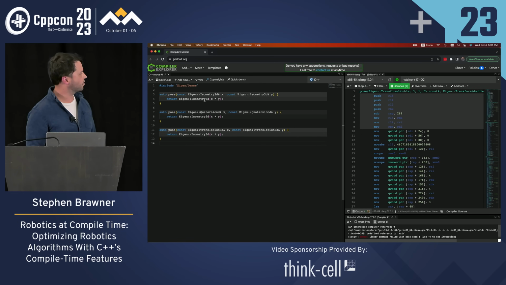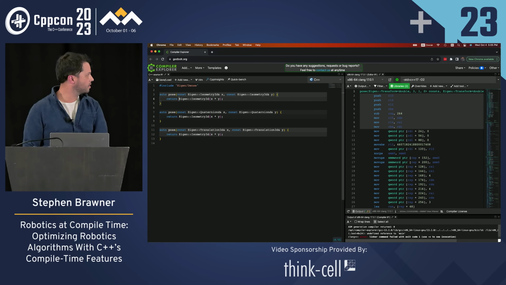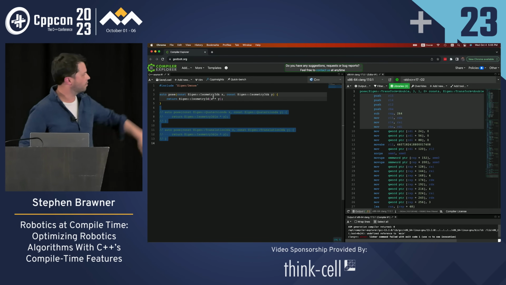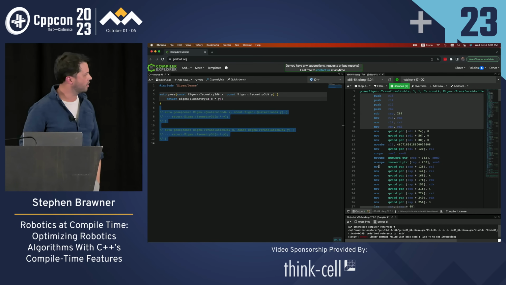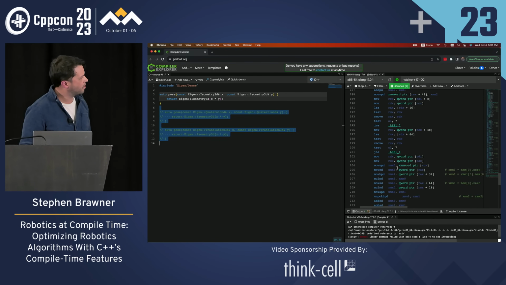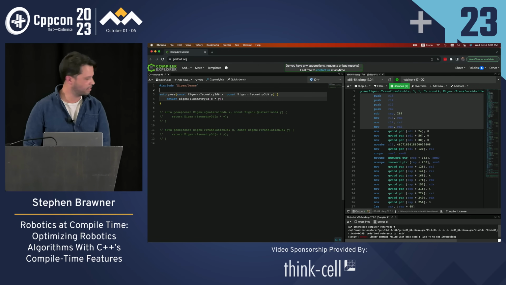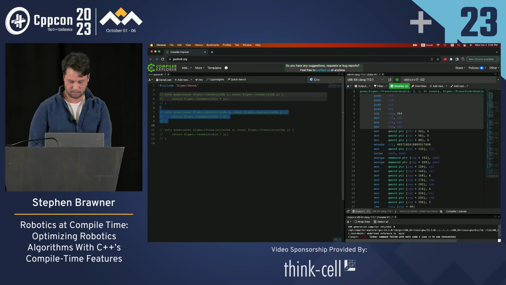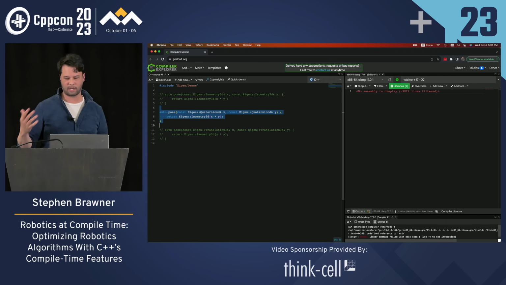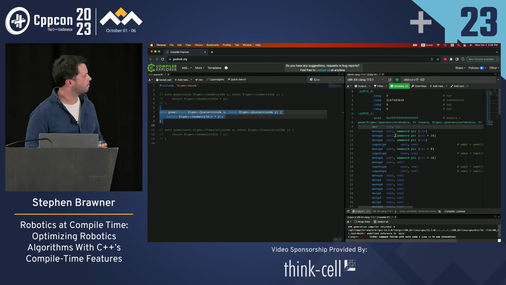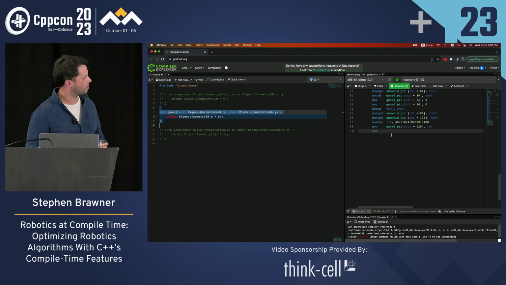So Eigen does a great thing where if you compose these different geometric transformation types together, you get really good results. Here we're using the general version of the isometry 3D, and the amount of assembly that's compiled is fairly large. If we simplify the type to something like quaternions, a simple representation of rotation, you'll notice we're now down to 99